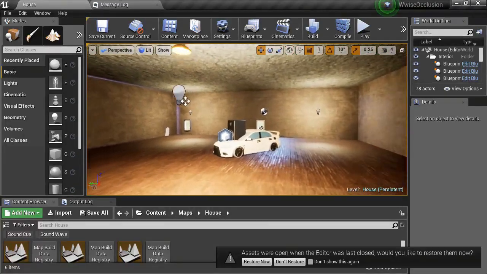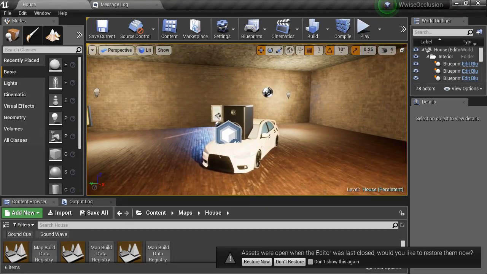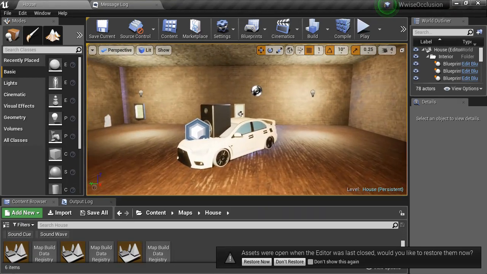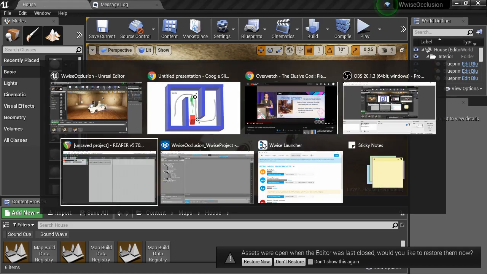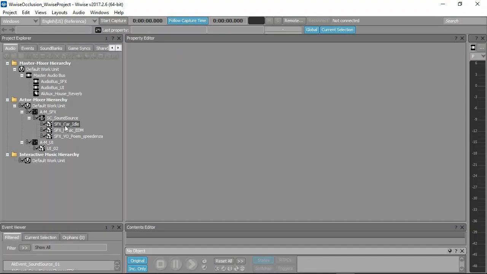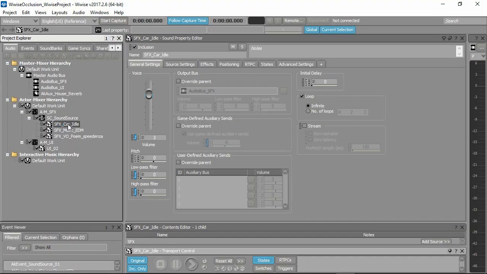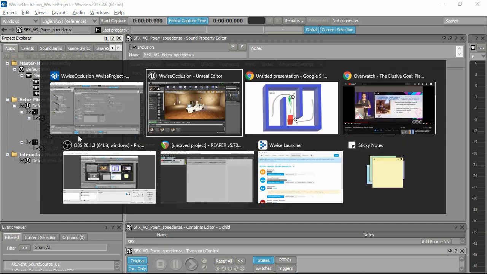Alright, so here we have our sound source. Now the reason there's a speaker wedged into a car is because we're going to have the sound source play 3 different sounds. I'll just quickly jump to Wwise so you can see. So we have a car which is having an idle engine sound, some EDM music, and a voiceover from a poem which I will link down in the description. It's not me reciting a poem, I just got it from Freesound because I just needed something quick to demonstrate